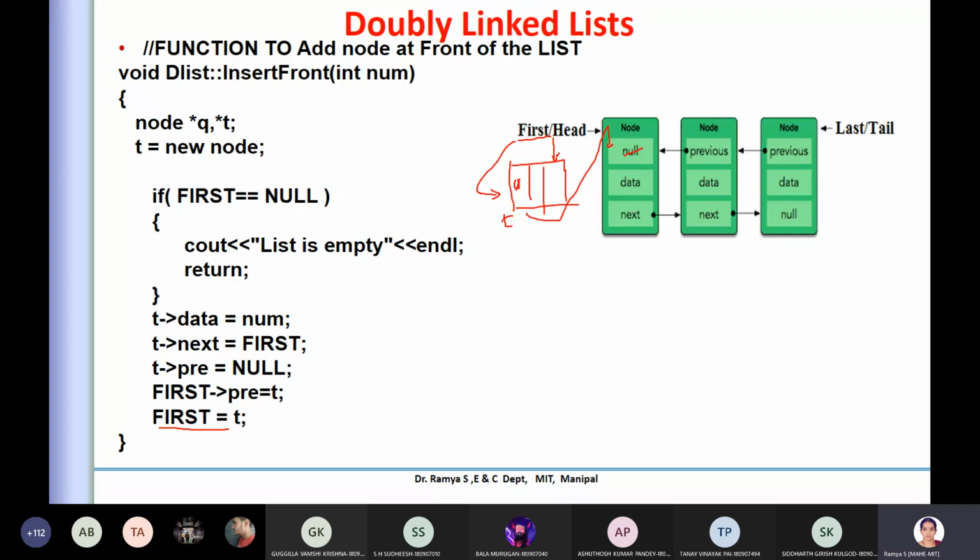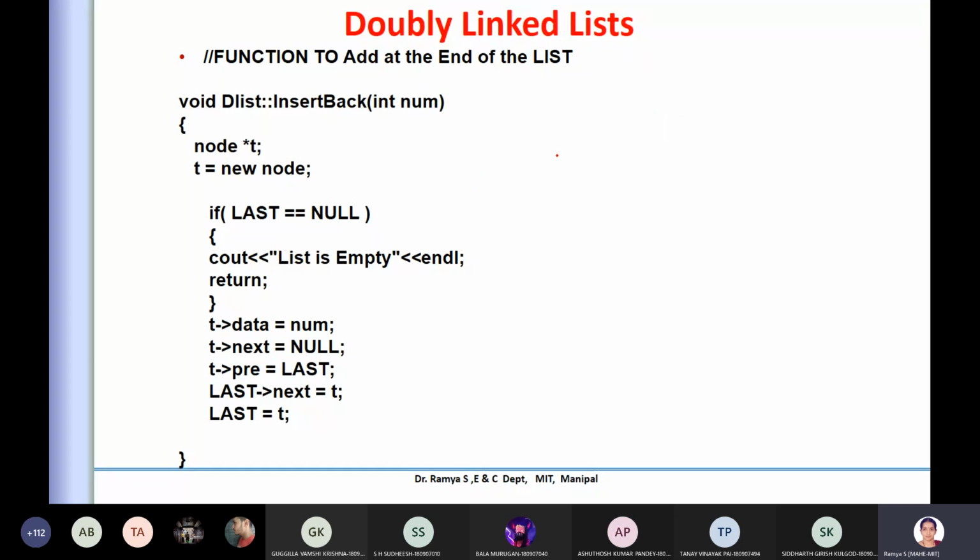Is it fine? Is it clear? Insertion in the beginning, okay. It will be the same for the next also. So what is that? Insert at the back. So it is nothing but you're trying to insert at the last part here. You're traveling until the null is there, okay. If the list is initially empty itself, there is no list, okay. So you are required to check here. Initially you were inserting at the beginning; here you're checking for the last, okay. So if it is empty, you can't do that because there is no list itself.